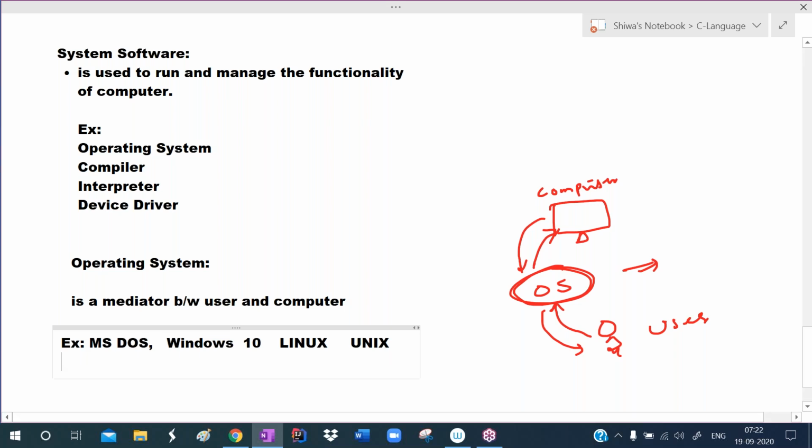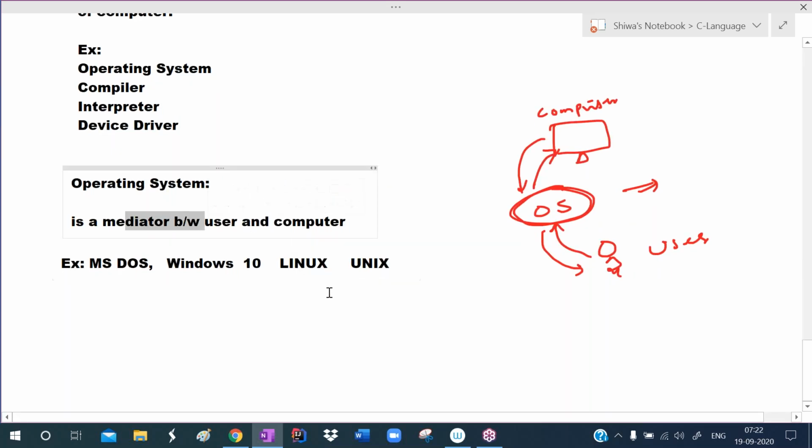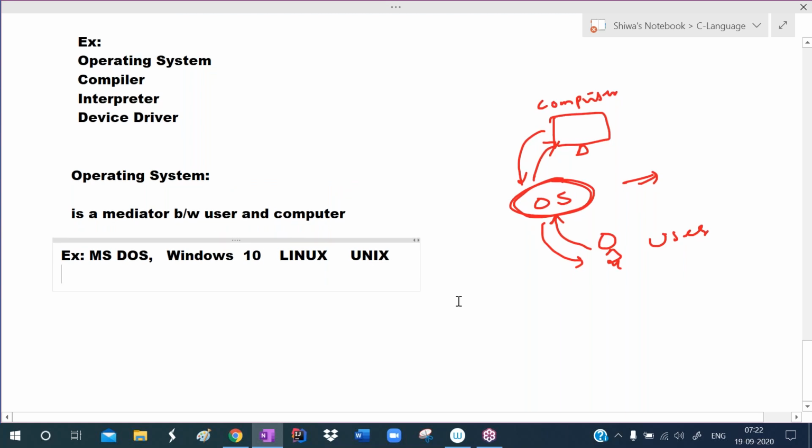Okay, so all these are what? These are the operating systems. An operating system is the mediator between user and computer. We regularly use smartphones, and smartphones also have an operating system. To communicate with the smartphone, an operating system is there internally. Samsung phones use the Android operating system, iPhones use iOS, and Microsoft uses the Windows operating system.